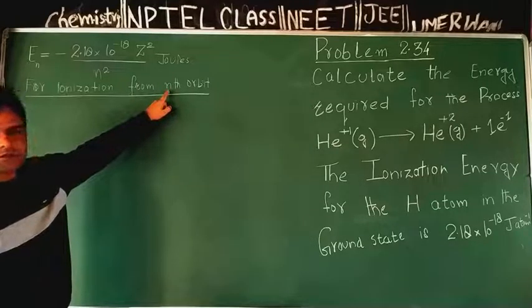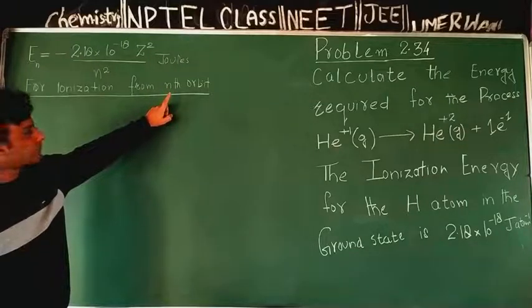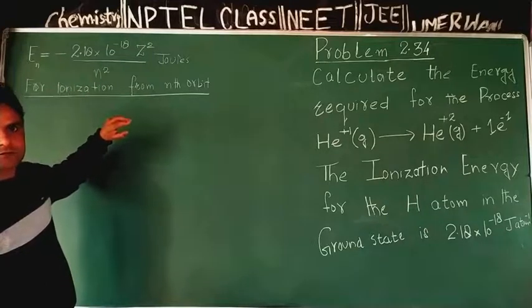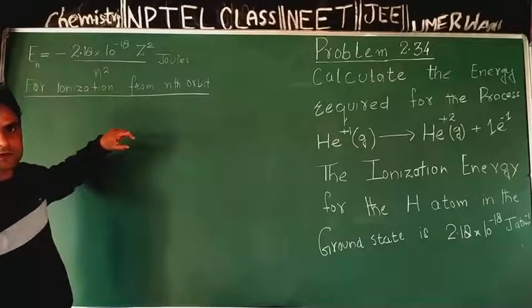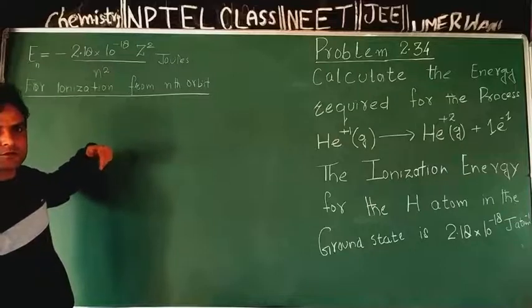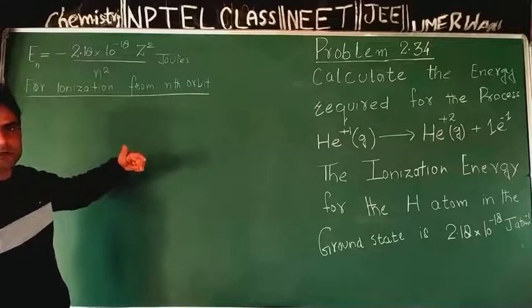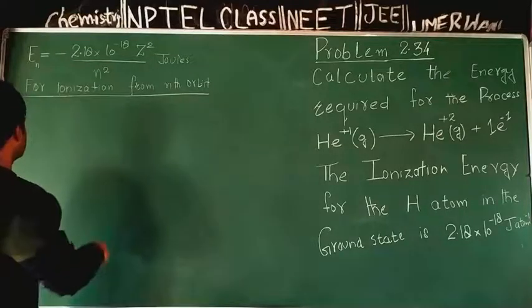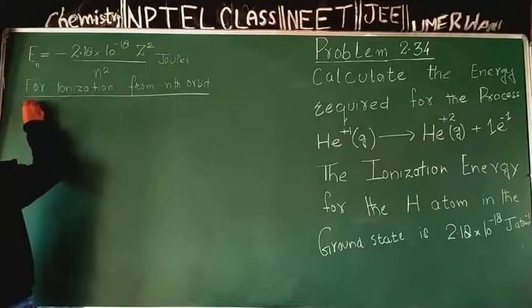From this nth orbit we are interested to remove this electron to infinite orbit. Ionization means to take electron from any orbit of atom to infinite position, infinite orbit where it does not experience nuclear attraction, and ionization energy required will be